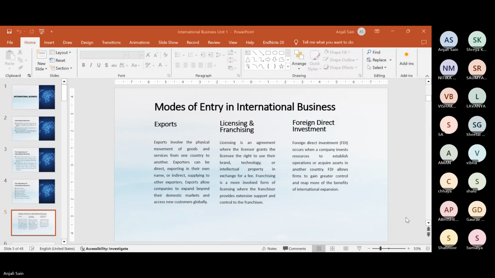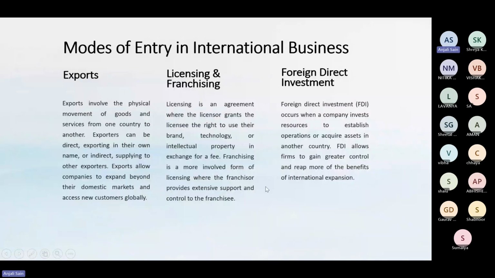Okay. Then we move to our next strategy, next mode of entry, which is licensing and franchising. अब licensing में क्या होता है? Licensing is an agreement where the licensor grants the licensee the right to use their brand, technology or intellectual property in exchange for a fee. लाइसेंसिंग में क्या है? मेरी एक प्रोडक्शन यूनिट है इंडिया में, मैं एक मैन्युफैक्चरर हूँ, ठीक है। मैंने किसी दूसरे फॉरेन कंट्री में किसी एक दूसरे मैन्युफैक्चरर से कॉन्ट्रैक्ट अग्रीमेंट में एंटर किया कि आप मेरा ब्रांड नेम यूज कर सकते हो, लाइक माय ब्रांड नेम इज